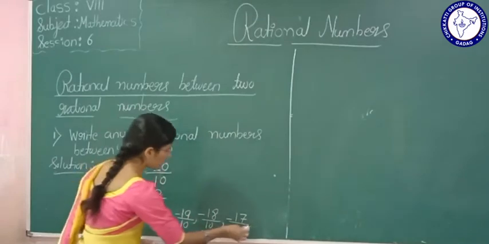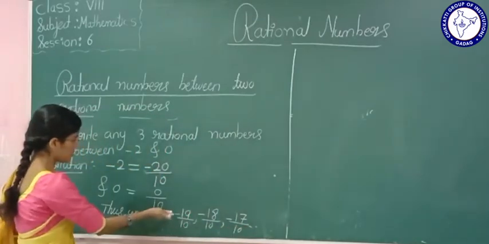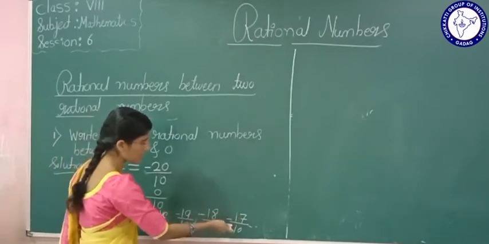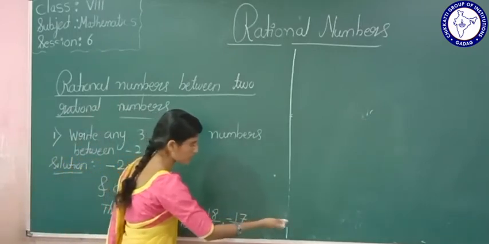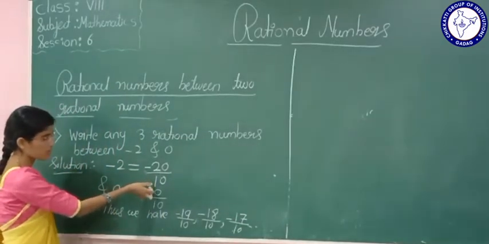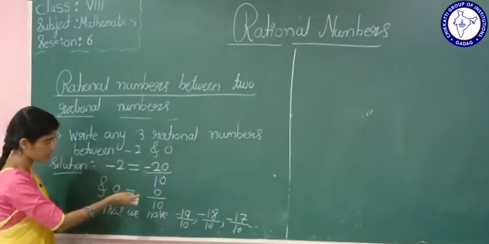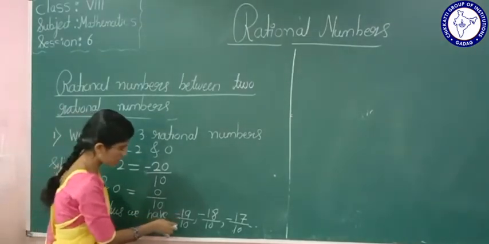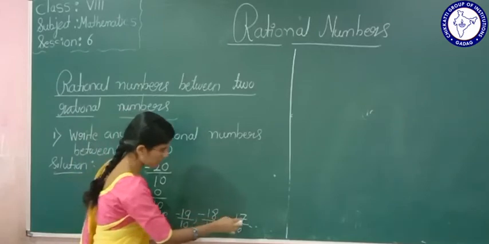See, we have here -19 by 10, -18 by 10, -17 by 10, -16 by 10, -15 by 10. Okay, infinite number of rational numbers are there between this. They are told to find only three rational numbers. Thus we have -19 by 10, -18 by 10, -17 by 10